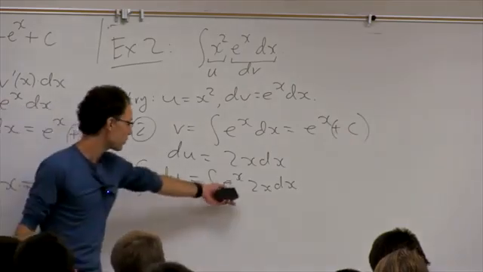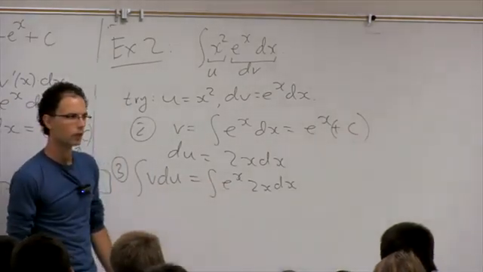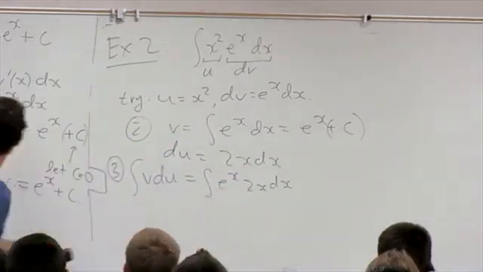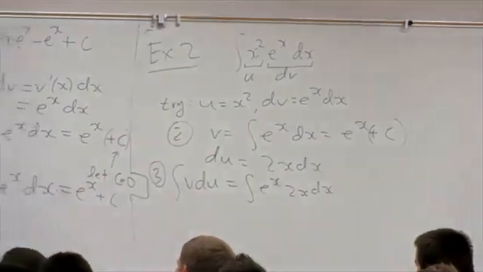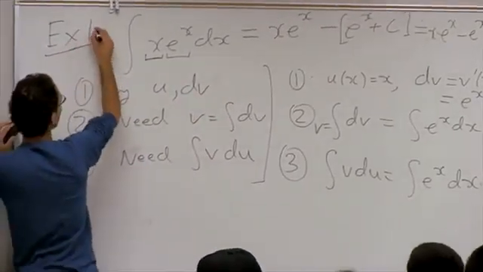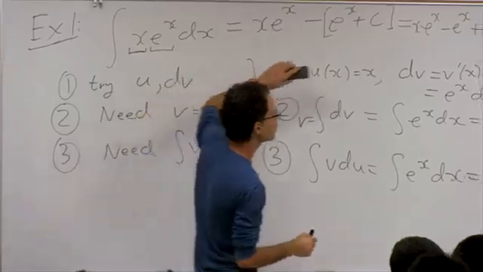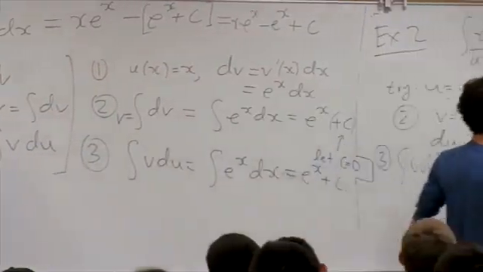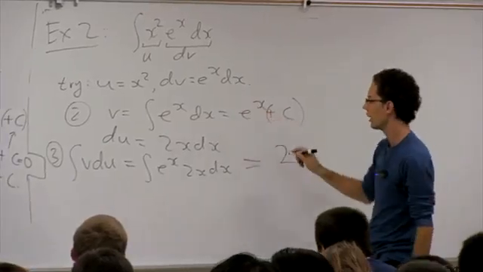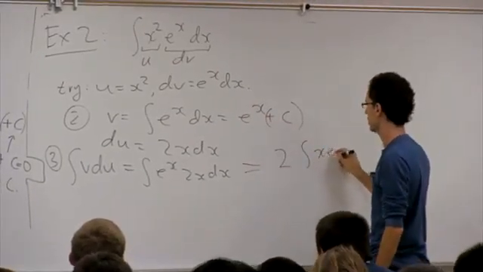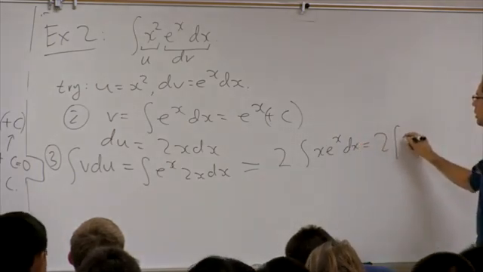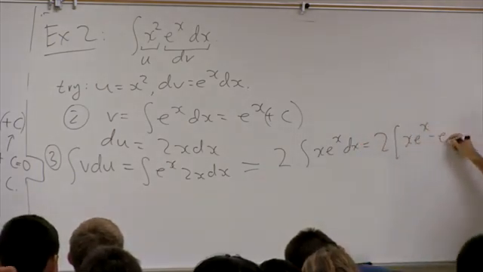And so if you started with this guy here, you might be stuck. Because, oh wait, I don't know how to do this integral. Except, I actually already did it. It's computed right here for you. This is my first example. Let me call this example 1, where we compute this integral, and I can use this result from before. And now I have the answer for this integral here. It's just twice what I had before. Right? This is x dx, and that's twice x e to the x minus